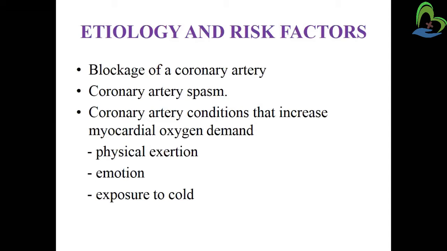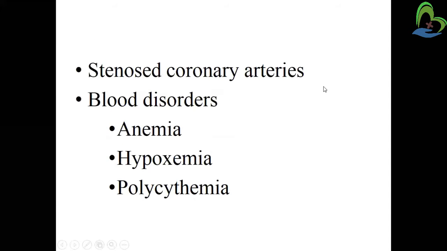Exposure to cold. Especially in winter seasons, people who are living in hill stations will experience these kinds of problems. All these things affect the coronary artery, and if the coronary artery is affected, there will be a lack of efficient blood supply. That leads to lack of oxygen, blood supply and nutrition, and the tissues will die because of starving of oxygen.